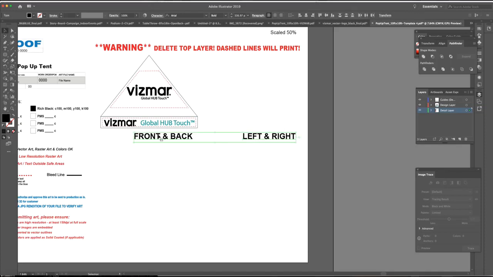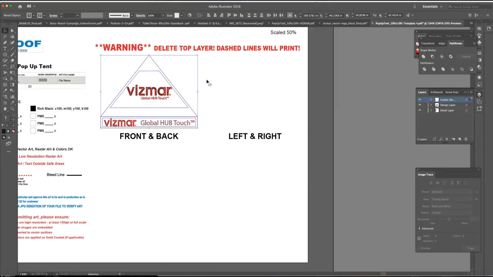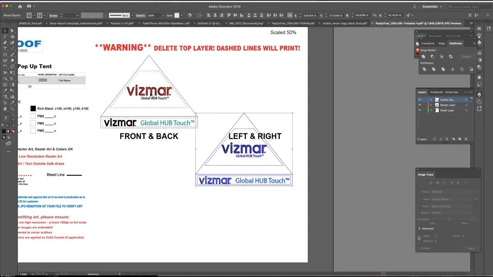And I'm going to go ahead and center this underneath the artwork. I'm going to make a copy of this. The reason I'm going to do it this way is because I don't want to have to work harder, and I want to make sure that the logos and everything, the position to the template, is exactly the same. So I'm going to Command C and Command V to paste this and copy, and I'm